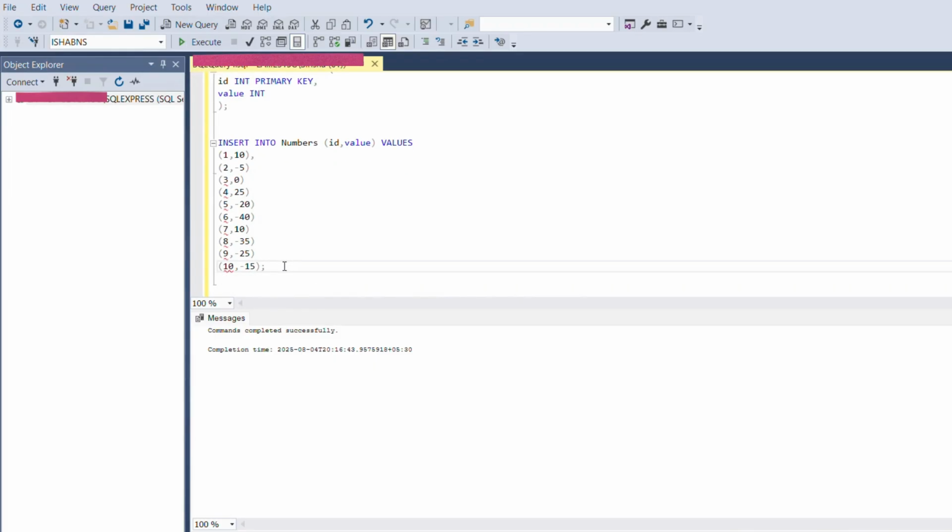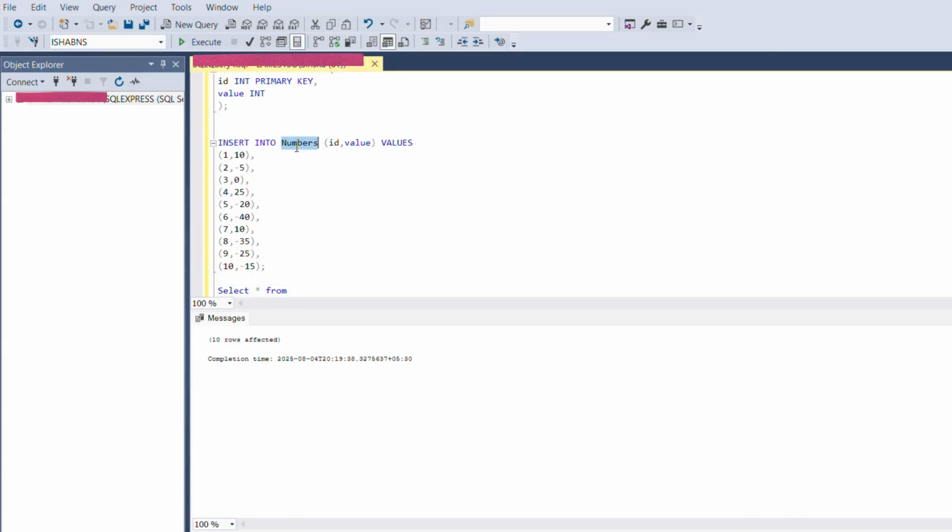Once I execute this, I will get an error because here you can see I have not passed the comma. It is showing incorrect syntax near 3. So we have to give commas after each entry. Now if we execute, it will be successful, and it will show how many rows got affected. It means 10 rows got affected, meaning 10 rows are added.